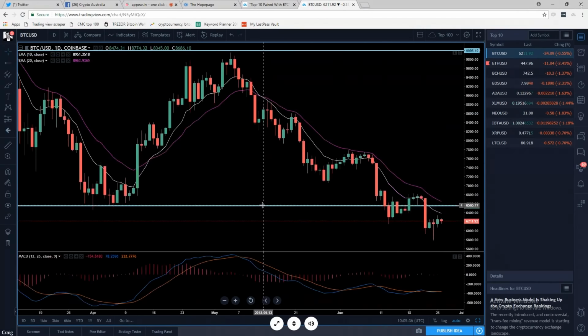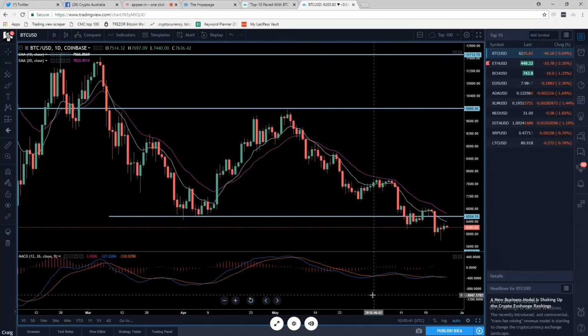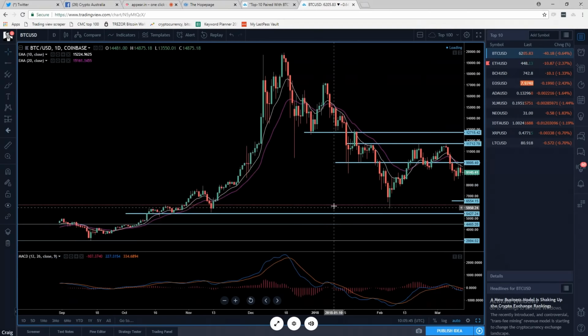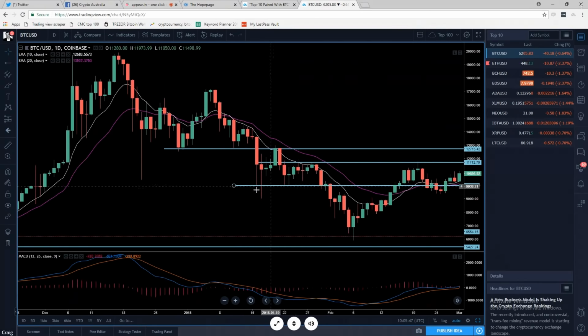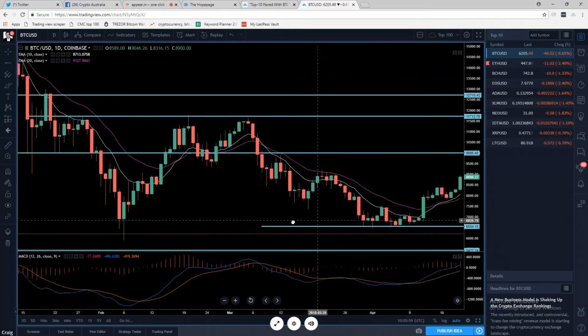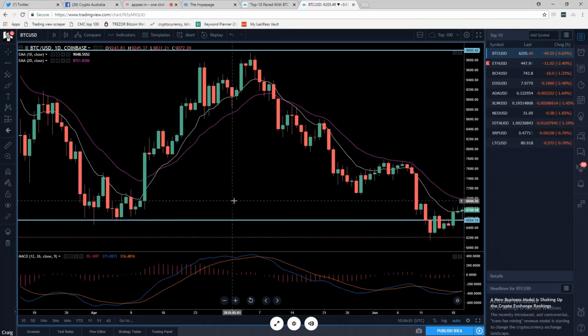I want to see as price makes new lower lows, I want to see the MACD making lower lows as well. So as you can see, throughout this period, let's zoom in on this little area here. As we saw price make a new lower low here, notice this low to this low to this low, which are significant lows, we saw the MACD also setting new lower lows. Now that's what you call convergence, and that's what you want for a strong trend.